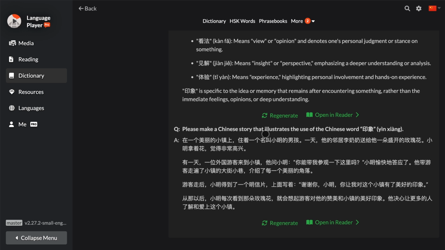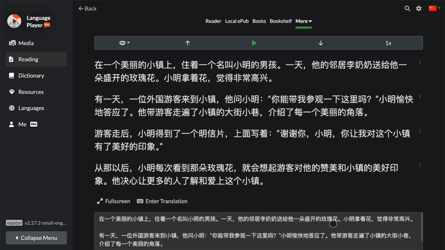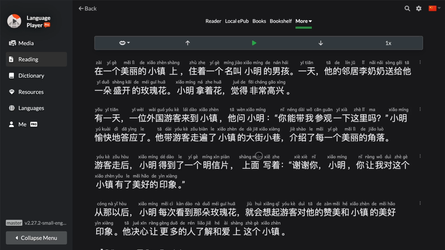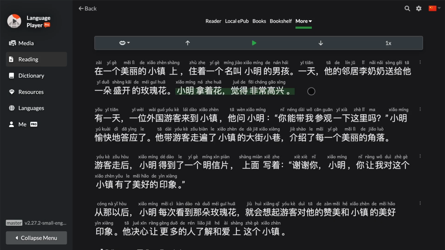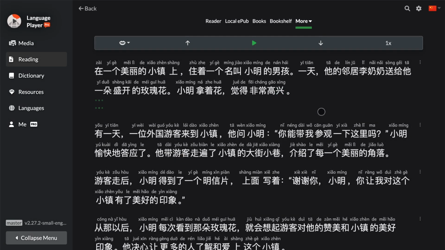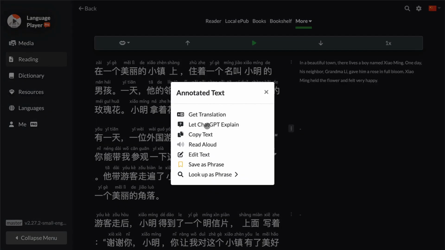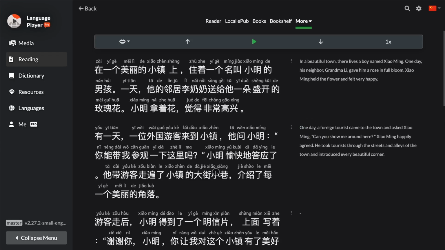If you find it difficult to read Chinese right now, what you can do is press on this button, Read in Reader. If you press on that, the response from ChatGPT is going to be opened in the Language Player Reader feature. You can see the story that ChatGPT wrote has just been ported to our reader, and now you can study it line by line. You can press on a word and study it. You can get ChatGPT to explain the word if you want, and you can also, of course, get translations line by line. Get a translation, and here it is. Translation is shown on the right, and you can just do that for any line that you have problems understanding.